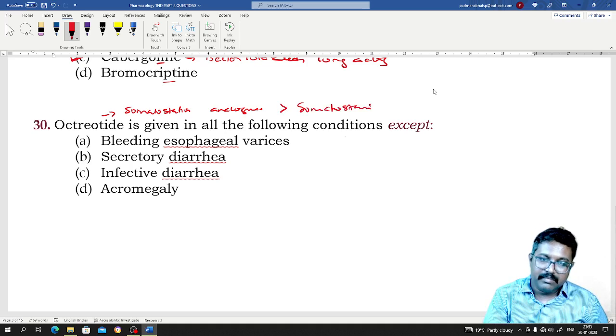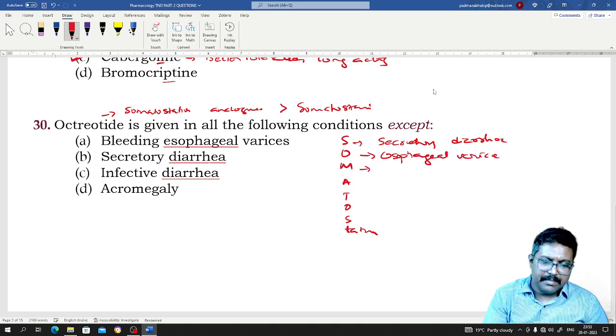So can we remember what are the uses of somatostatin? It is used for secretory diarrheas. Secretory diarrhea. O stands for esophageal